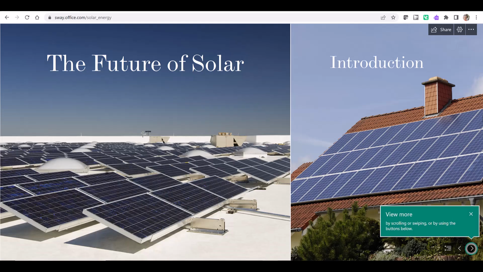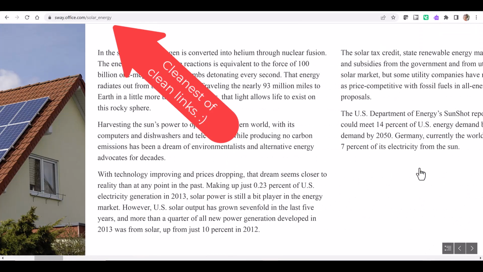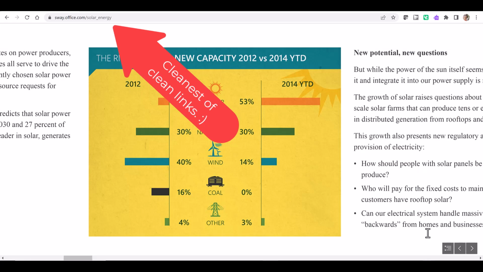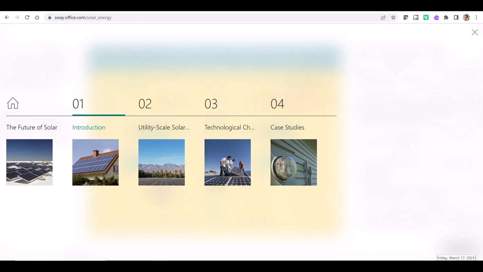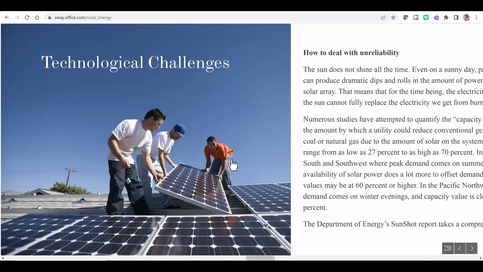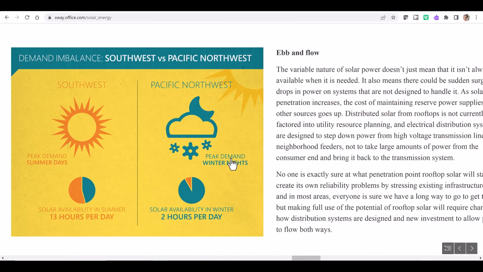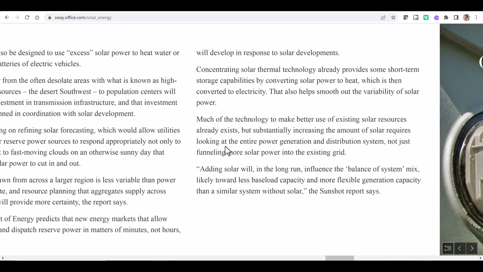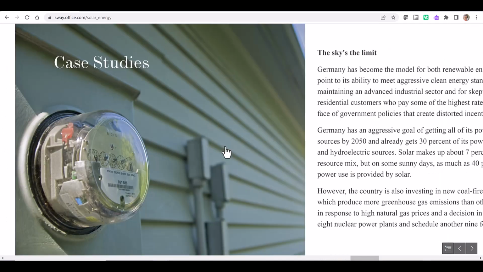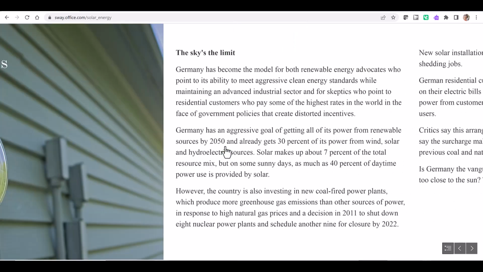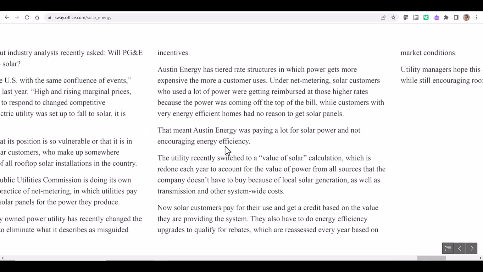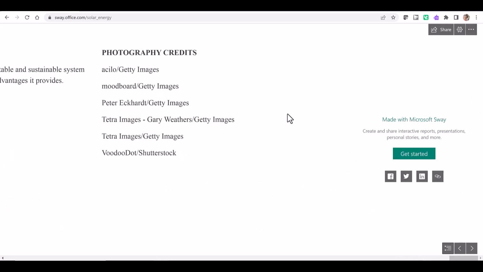And then one example of Microsoft Sway, this is one on solar energy. So you just scroll through this. It does have a table of contents in the bottom right-hand corner, and it looks almost like a timeline, but this kind of goes through chapters. And this is what I was talking about in terms of like an ebook almost. So you can click to go home, then you can just scroll through. And this gives you a lot more flexibility, including a lot of text. So if you need something more akin to, I don't know, like an online textbook or course pack, Microsoft Sway is a pretty great option.